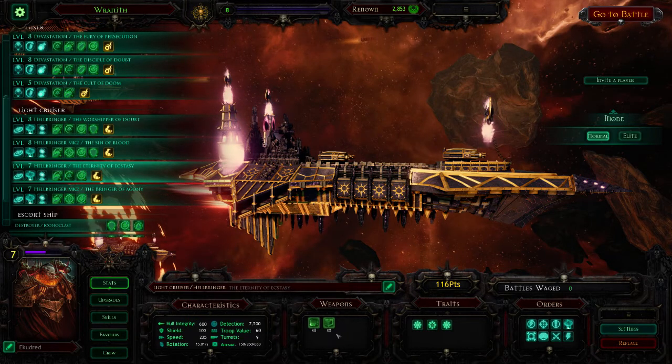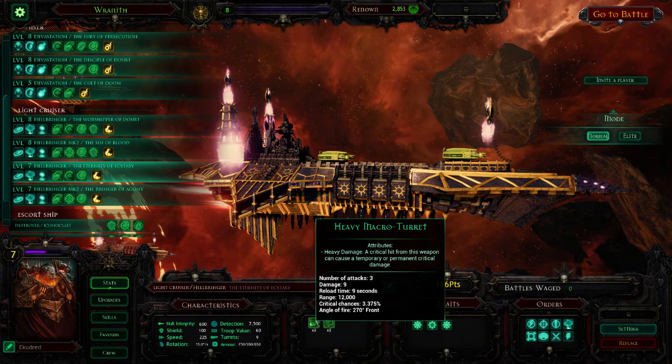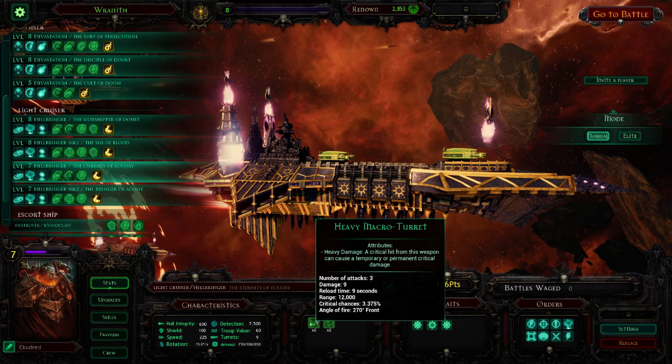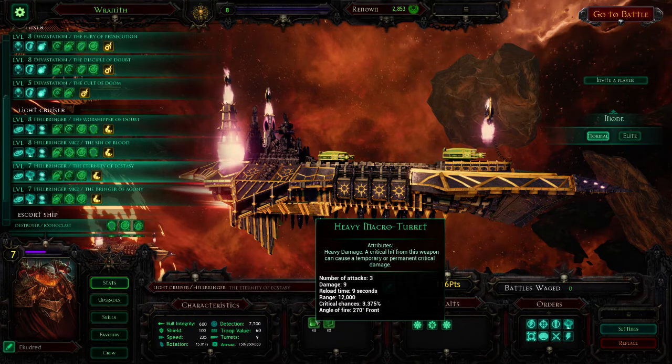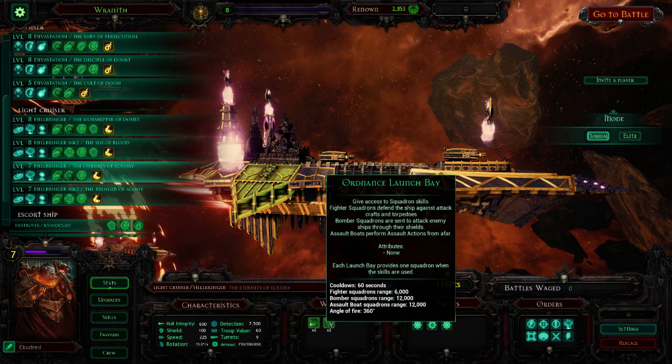Right, so the weapons on the Hellbringer. This is where we get into our differences really between the Hellbringer and the Hellbringer Mark II. So it comes with 2 heavy macro turrets with a 270-degree frontal arc. As you can see, they are mounted on top there. 3 attacks each, 9 damage per attack, 12,000 range. Their standard range is actually 9,000. I have the upgrade that ups these to 12. The crit chance is also a little bit higher as I've placed points into a crew skill appropriate to that. So the reason for upping to 12,000 is because what I would say their primary weapon is the